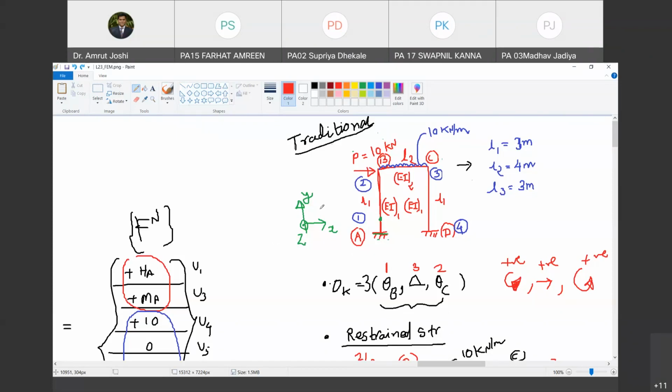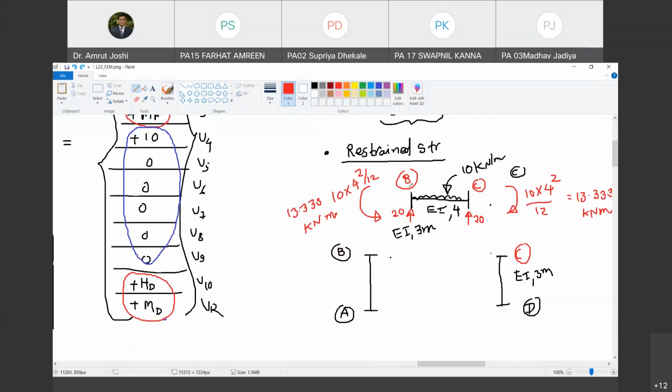By the way, where does delta occur? Sir, at B and C. Yes, it occurs at B and C as well as all the points between B and C. It occurs at infinite locations. However, in restraint structures, supports are provided only at B and C. Are you with me? Yes, sir.